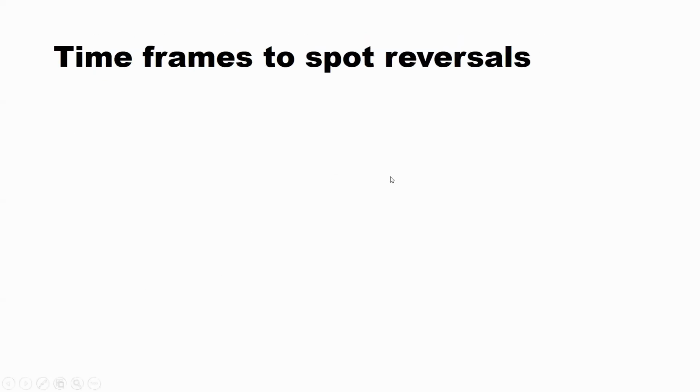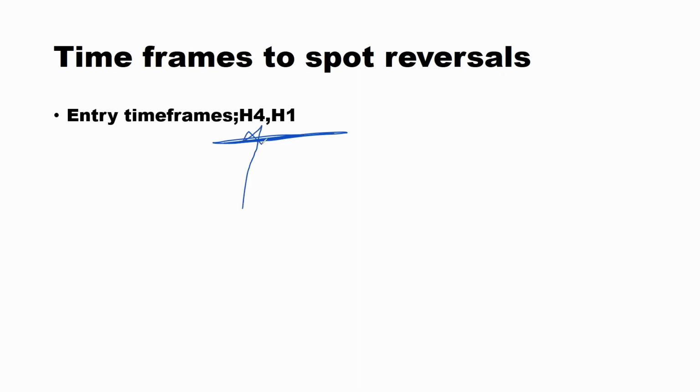What's the best time frame that you can actually use to spot reversals? Now, you can spot a reversal in a bigger time frame, but we don't trade in big time frames. So the reversals are best spotted in our entry time frames, and our entry time frames that we do advise as APN Academy is H4 and H1. Most of you can go to minute time frames, but the best time frames, whether you're an intraday or a swinger, because swingers do use H4 and intraday do use H1.